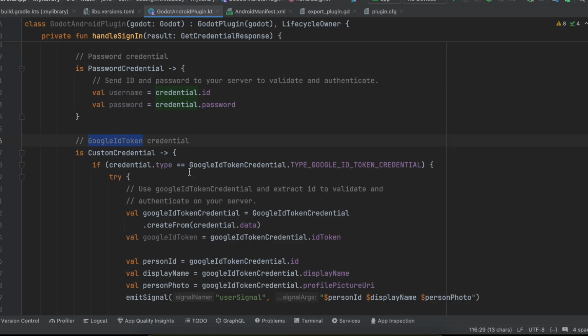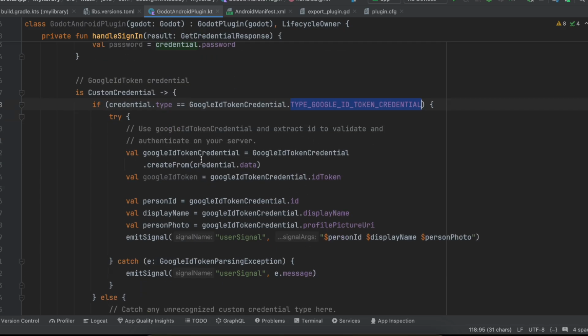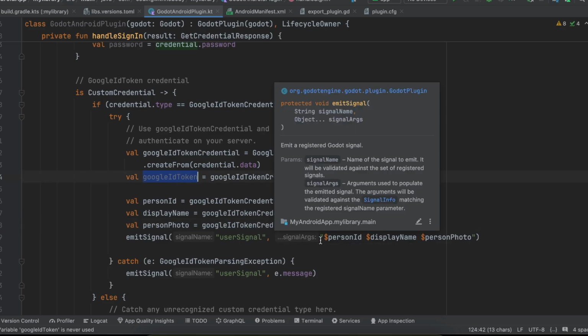Here I'm checking if it is of type Google ID token credential. That means we are doing it for Google sign in. So here, as you can see, I'm doing Google ID token credential. Here you will get your Google ID token, and with the help of the token credential you can get the ID, which is actually the email. This is the display name and this is the profile picture URL. If you want, you can pass your ID token as well. Now it is up to you